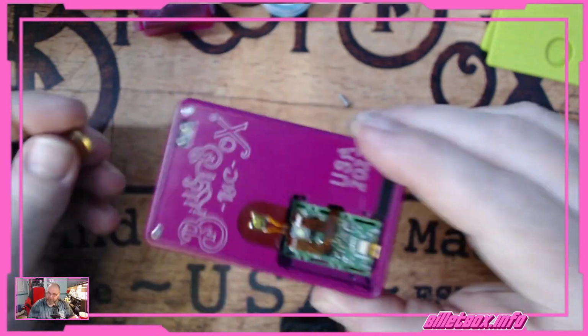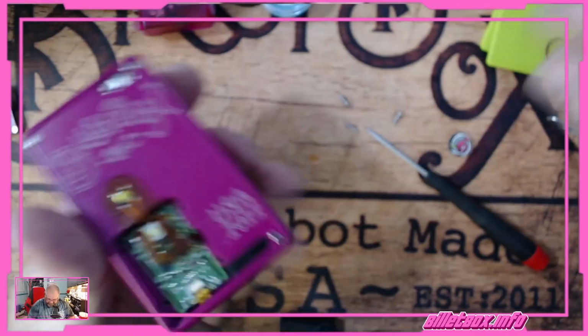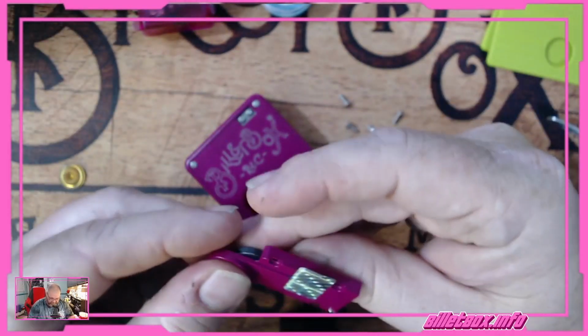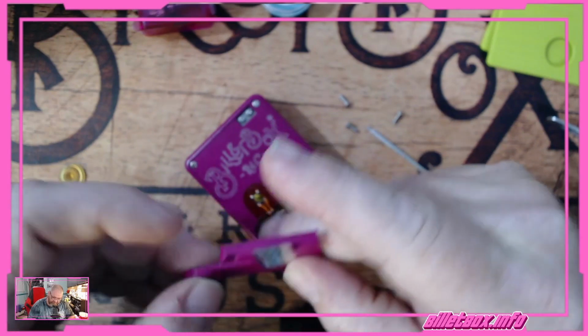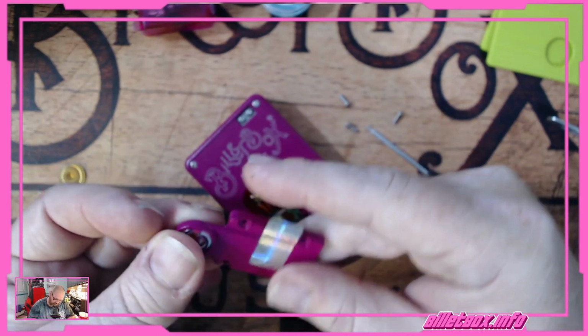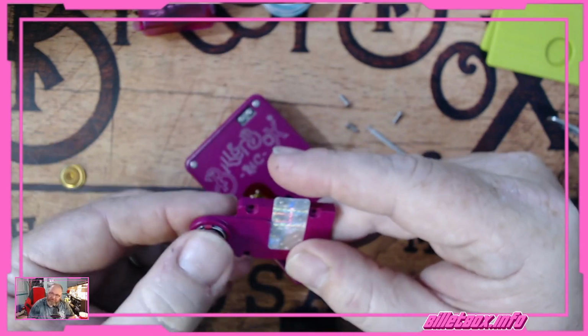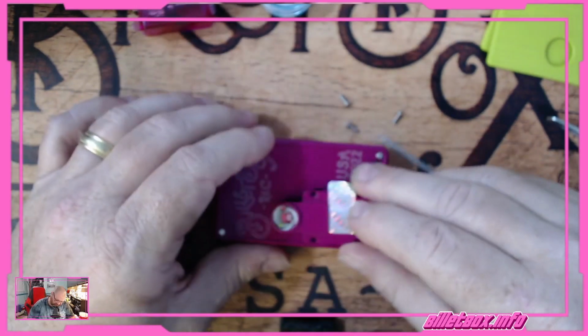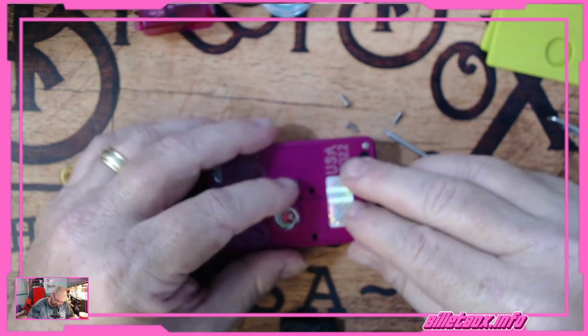So we're going to take the button, I'm going to set that aside and hope that this button will work. With the Cerakote, sometimes some of these buttons that are made for older boxes are a little too tight. Yeah, this might be too tight. We're going to try it anyway. Worst case scenario, I can...